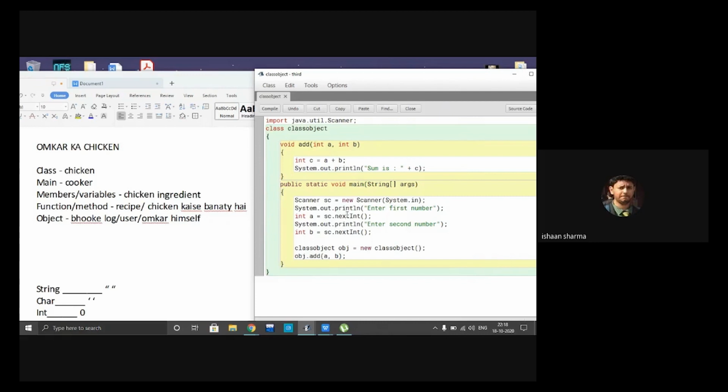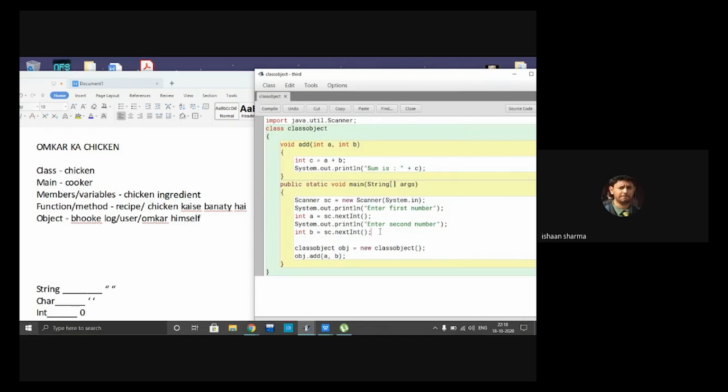The first value you want to put is a, stored in a, so a here. The second value is stored in b, so you put b here.